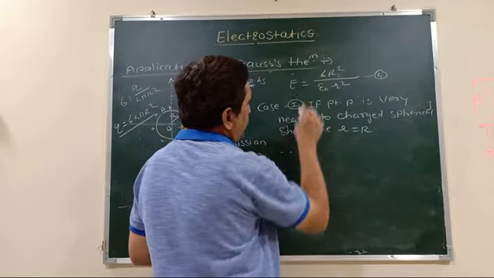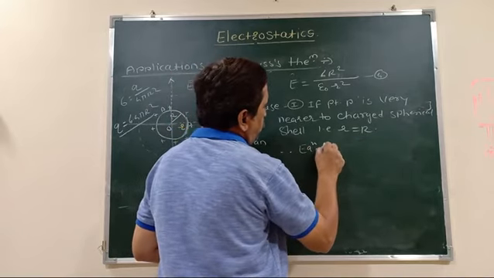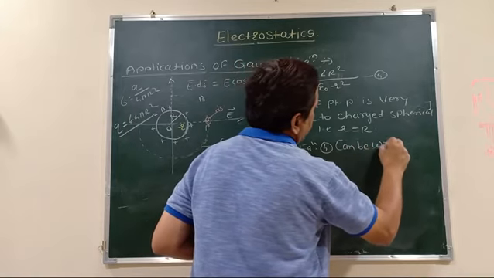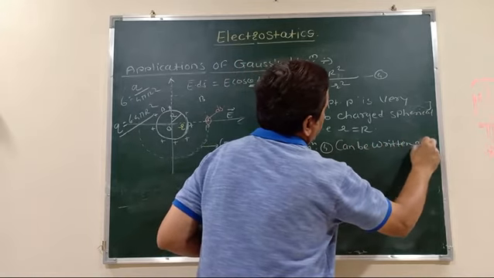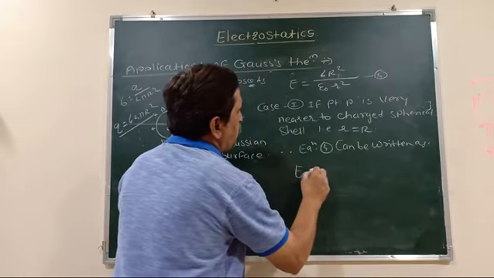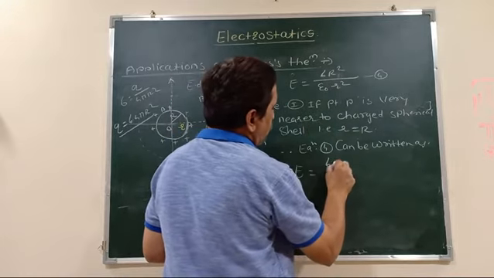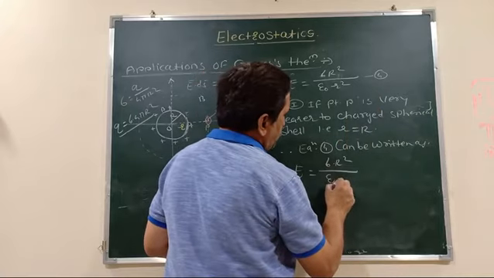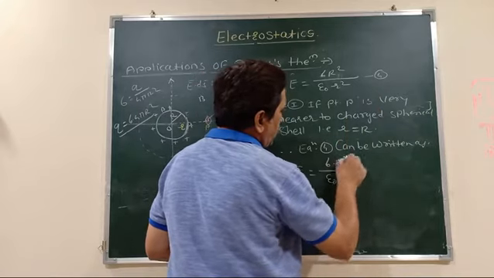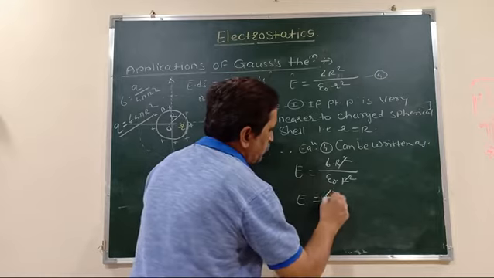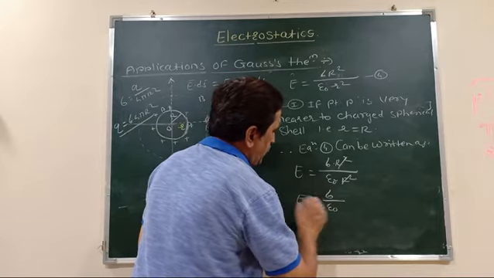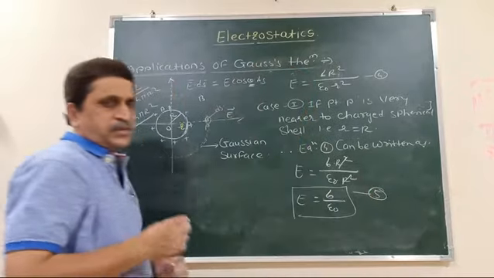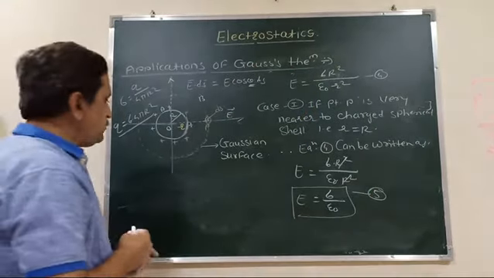Therefore equation 4 can be written in new form: E is equal to sigma R square, small r is equal to capital R, that means epsilon 0 into capital R square, that means E is equal to sigma divided by epsilon 0. Equation number 5 is the first case. Now second case में क्या होता है,